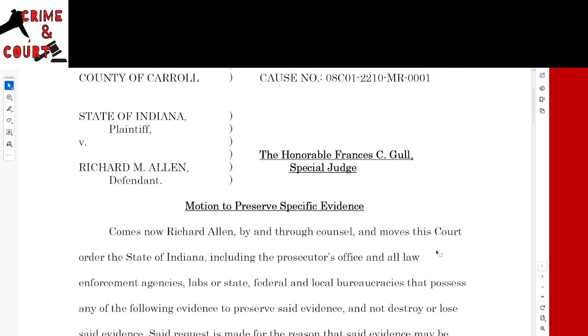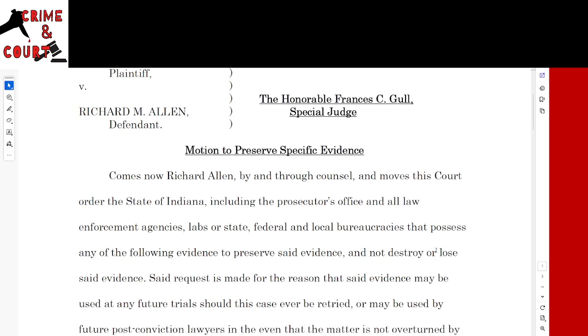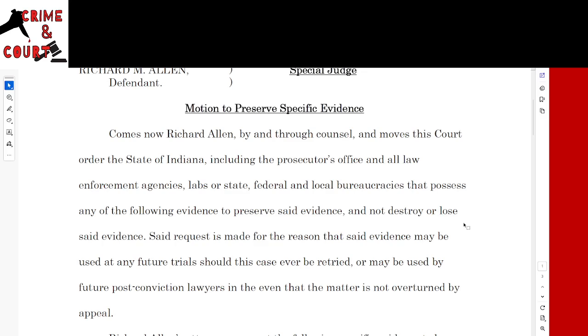Comes now Richard Allen by and through counsel and moves this court to order the State of Indiana, including the prosecutor's office and all law enforcement agencies, labs, or state, federal, and local bureaucracies that possess any of the following evidence to preserve said evidence and not destroy or lose said evidence. This is now their second motion to preserve evidence. And the last time she denied it, saying that their motion wasn't specific enough when they said preserve all evidence in this case. So I guess she didn't like that. So this is their specific